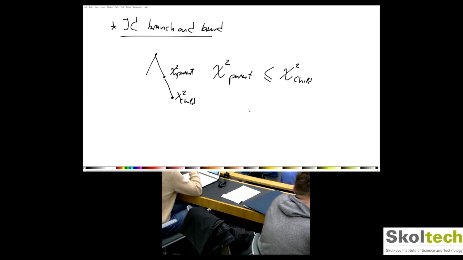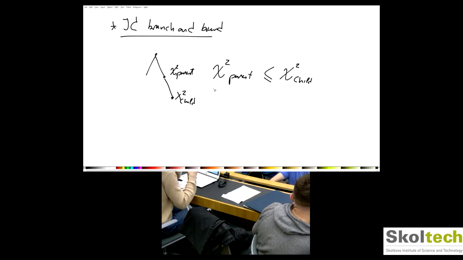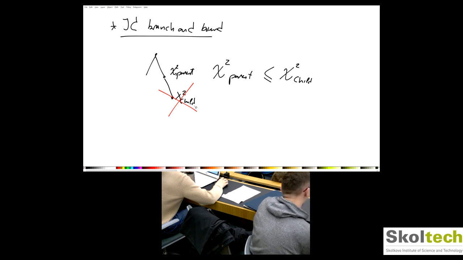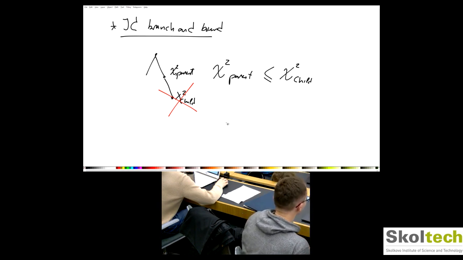So this is good because with this you can basically bound a lot of branches, right? And what it means is if the parent is already not passing the test, you just come here and you don't keep propagating things, right? So in terms of graph search, what we are doing here is